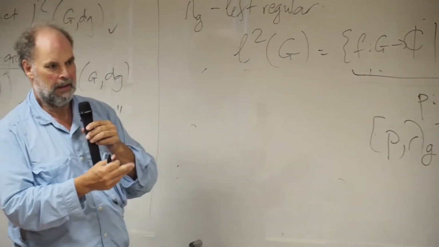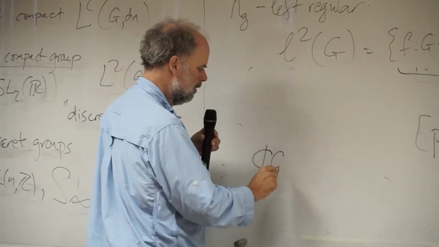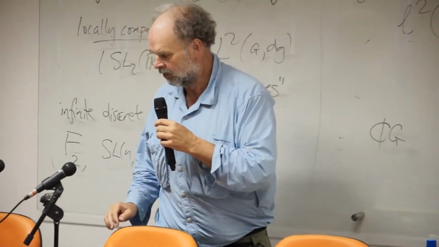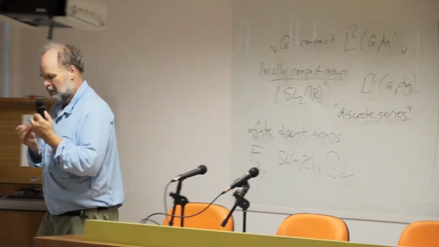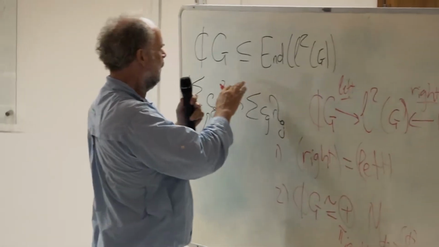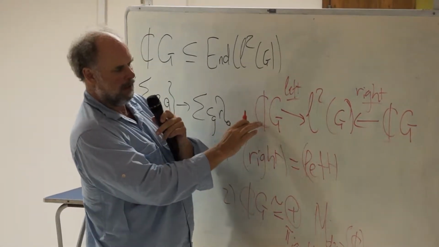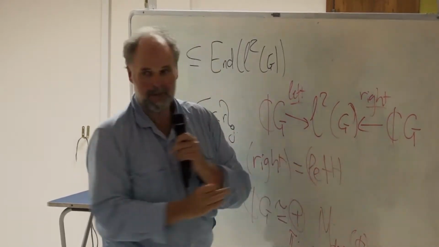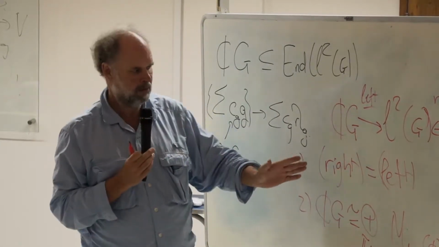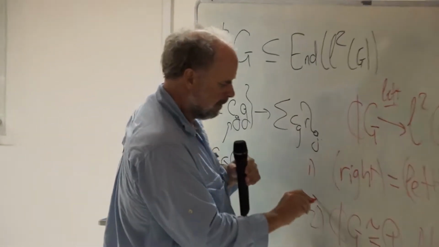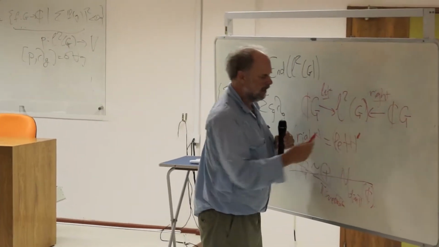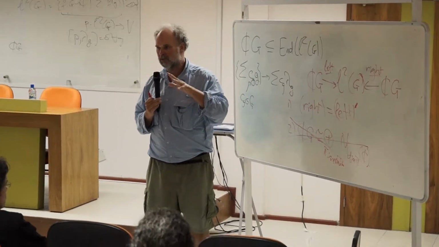This part of the formalism works fine, and so does the algebra. We have C of G. So that picture that I haven't erased over here, I want to keep it. Let me just go over to it, because it essentially does not change. We're going to do the same thing here, but now G has become infinite. So we still have the left regular representation, the right regular representation. They still commute with each other. The question is, are they one another's commutants? This absolutely devastatingly goes wrong, as we're going to see, but the fact that the right and the left are each other's commutants is almost still true.